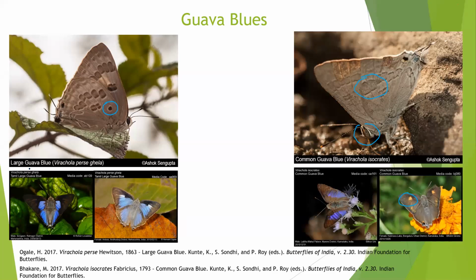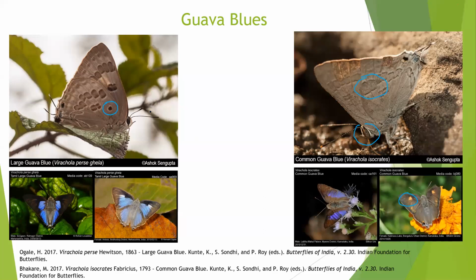And of course, the males look almost similar in the open wing, and the female is quite different. The female of large guava blue is quite different from that of the common guava blue. These are the two guava blues available. They both feed on the fruits, and they are known pests to various fruits like your guava, and even they are found inside your pomegranate